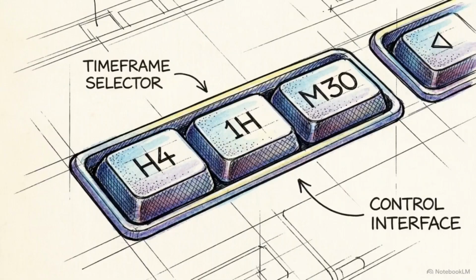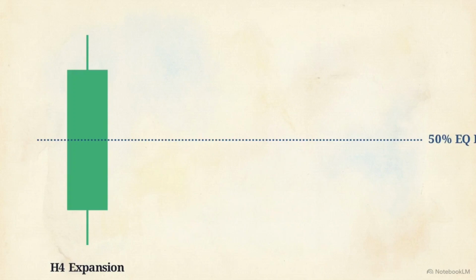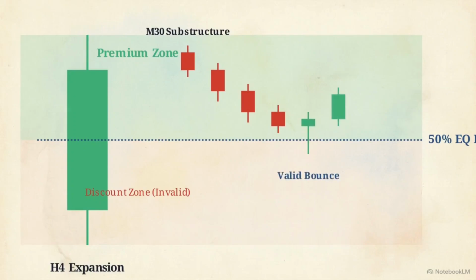We take that validated 4-hour framework and step down to the 1-hour or 30-minute timeframes. This layer is where we establish absolute invalidation parameters, particularly for a C3 continuation setup. Look at this 4-hour expansion candle. We map a strict horizontal boundary right across its 50% equilibrium line. A valid continuation requires lower timeframe retracements to respect that upper half. The 30-minute candles can dip, but must bounce cleanly upward off the line.